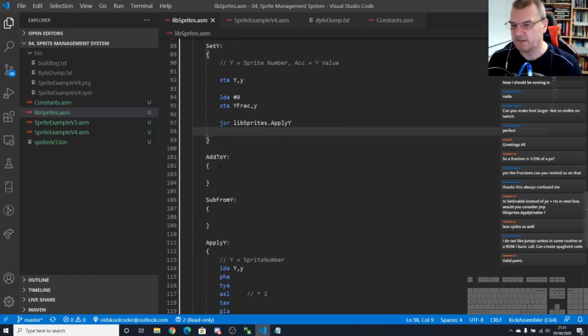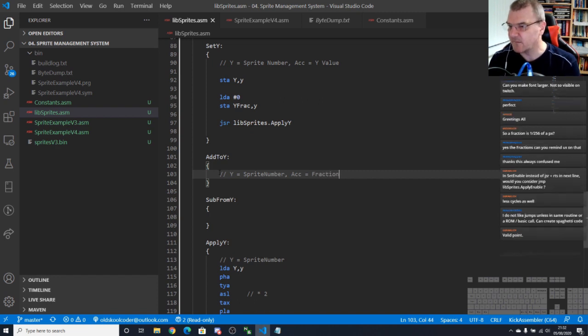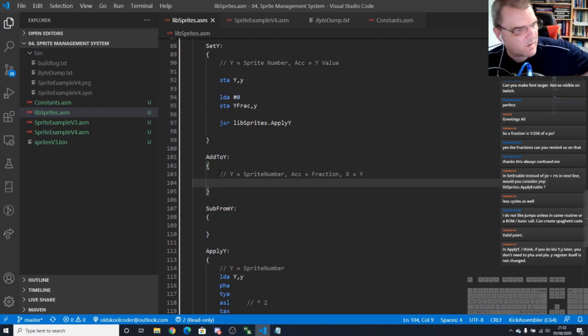So add Y. Okay. So this is where we're going to add a number to our Y value. So we'll do the same again. Y equals sprite number. So we're going to be adding a fraction. So we're going to have to use all three registers. So okay. So the accumulator can be the fraction, and the X can be the Y whole number. It's a bit confusing, X equals Y, but